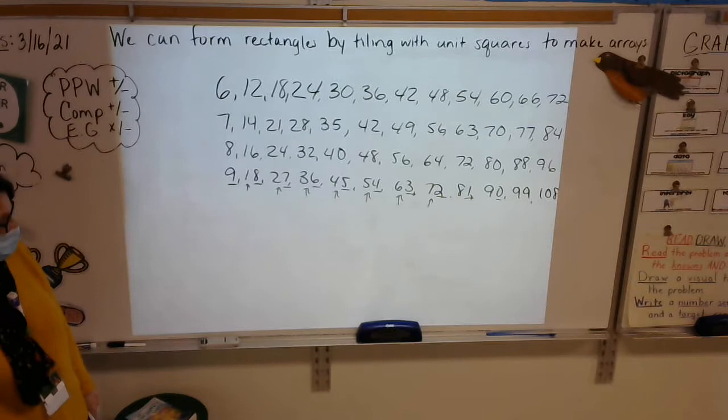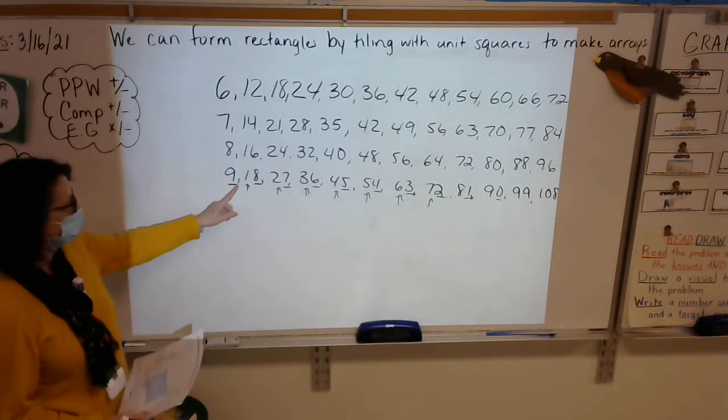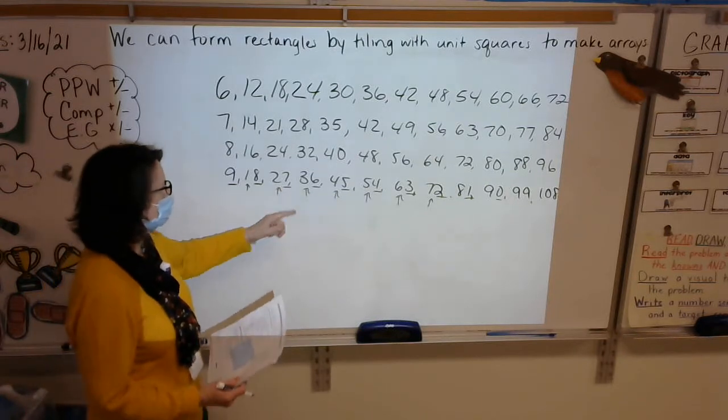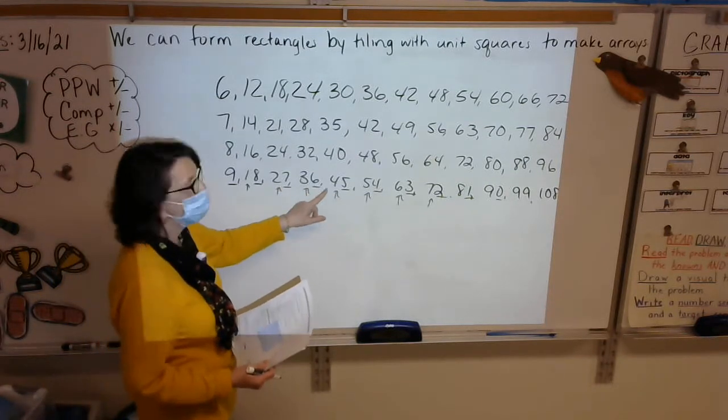Val. 9 plus 0 equals 9. 8 plus 1 equals 9. 2 plus 7 equals 9. 3 plus 6 equals 9. 4 plus